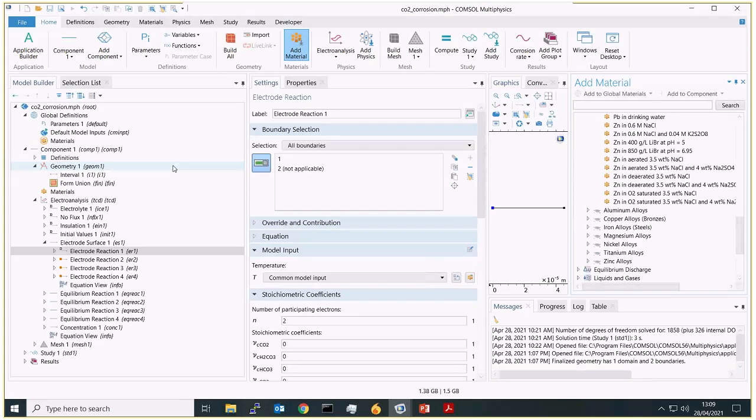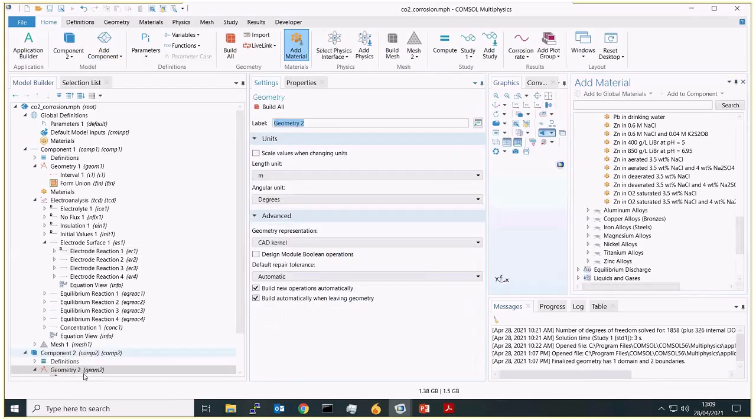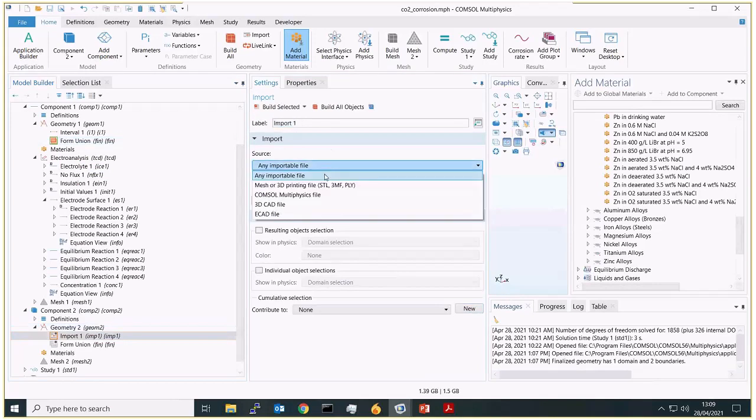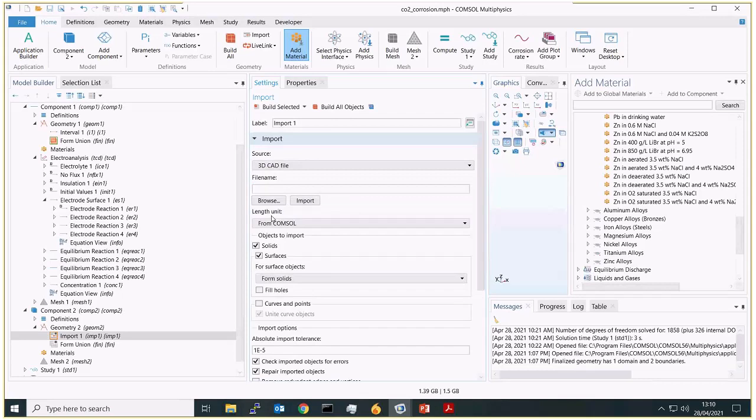We can work with AutoCAD, SolidWorks. There's an exhaustive list on our website as well. If we go 3D and then import, we can also import mesh files as well. So the 3D CAD files would be the way to do it.